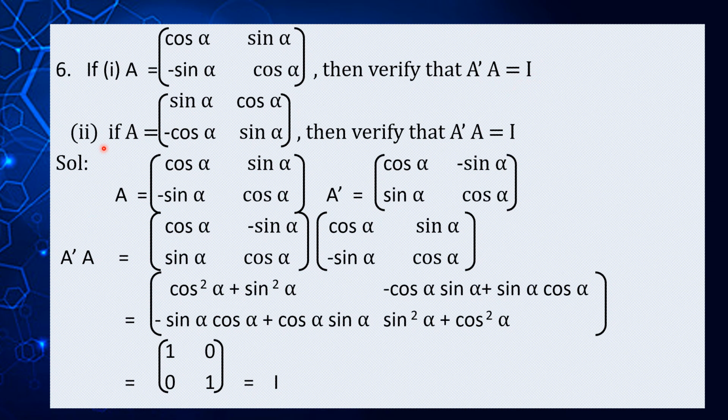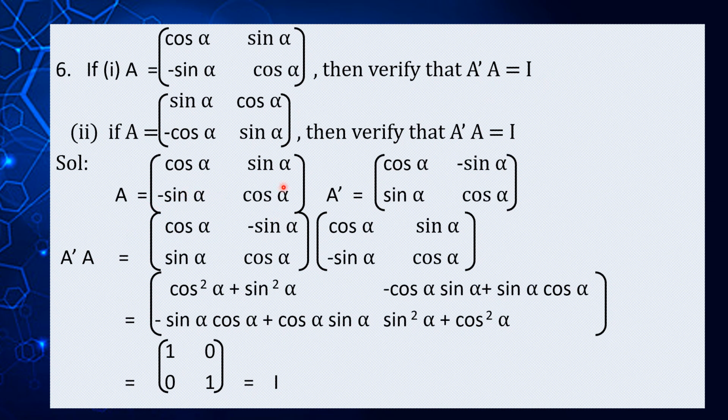The second part of the question: if A is equal to sin alpha, cos alpha, minus cos alpha, sin alpha, then verify that A transpose A is equal to the identity matrix. So now we will find the solution for the first part of the question. For verifying this condition, we will first write down the given matrix A,